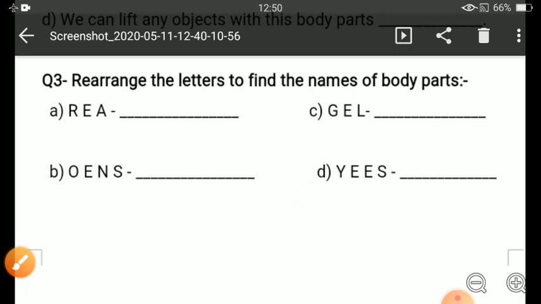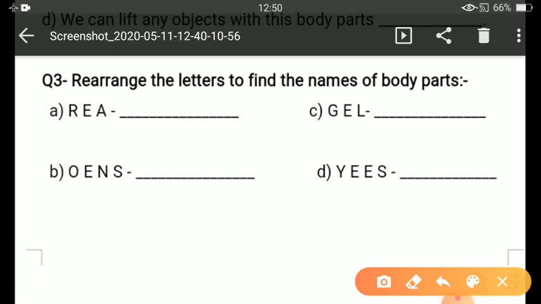Rearrange the letters and find the name of each body part. So children, here words are given. See here, these words are given. You have to rearrange the letters in the proper way so that it forms the name of a body part. Name of the body parts. So see here,